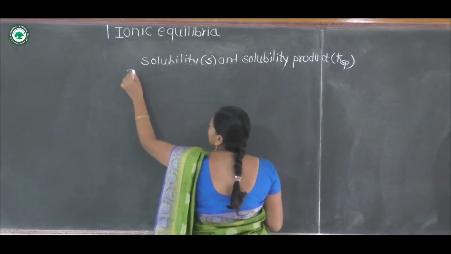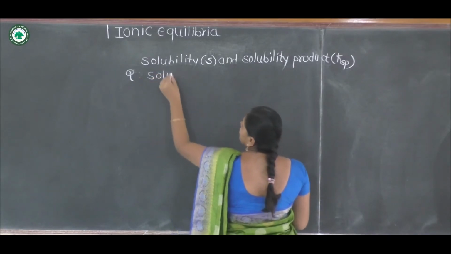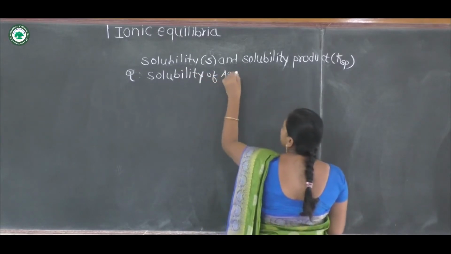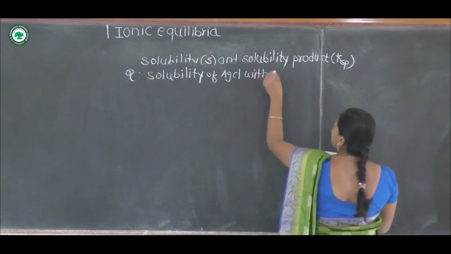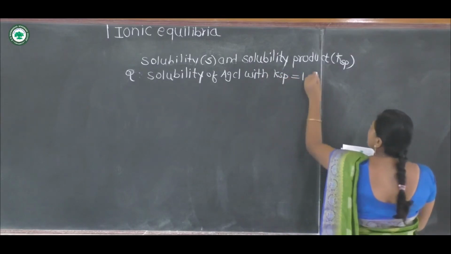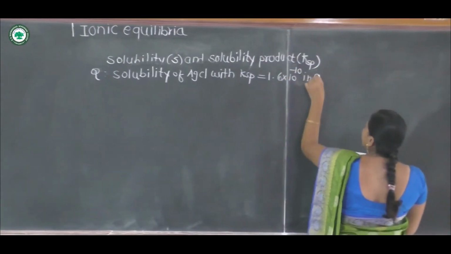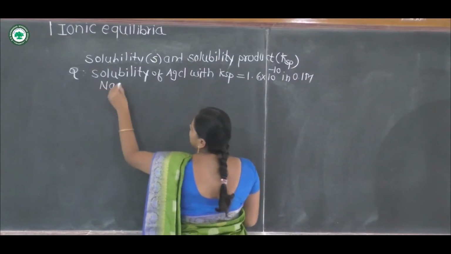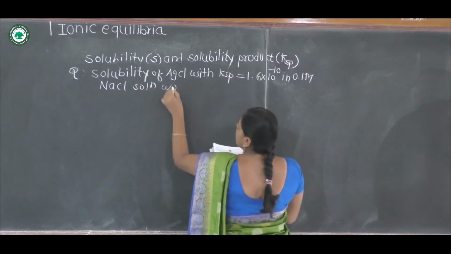Example is: the solubility of silver chloride, AgCl, with solubility product equal to 1.6 into 10 raised to minus 10, in 0.1 molar NaCl solution, would be